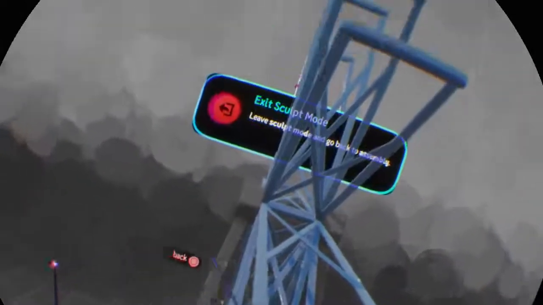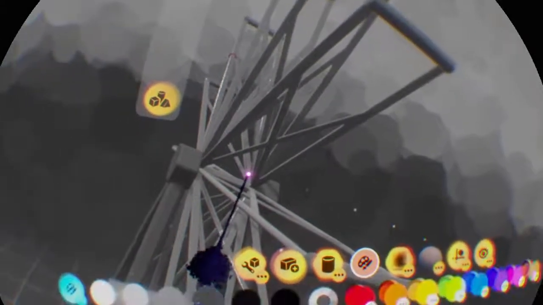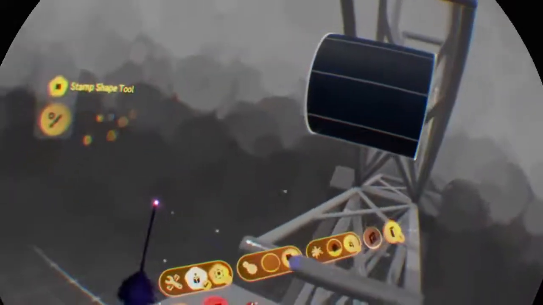Whoops. Nope. Okay, exit sculpt mode. In that case, we're just going to make another cylinder real quick. Go to modes. So, assembly, this button, sculpt, cylinder. It doesn't really matter what color this is, so I'm just going to make it black. I just can't stand that default orange. Alright, and we can stamp it,